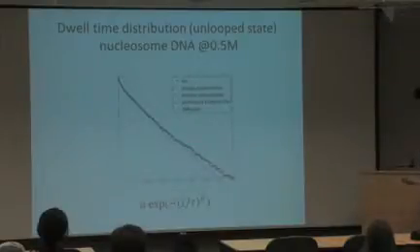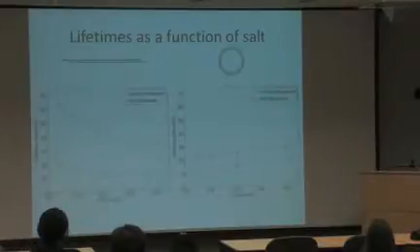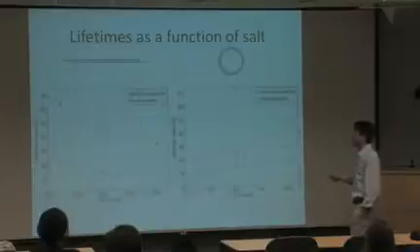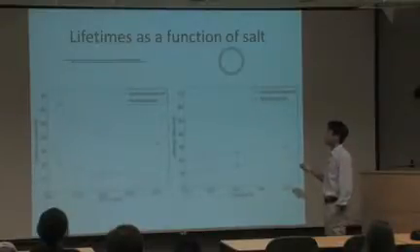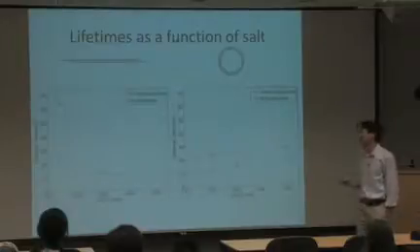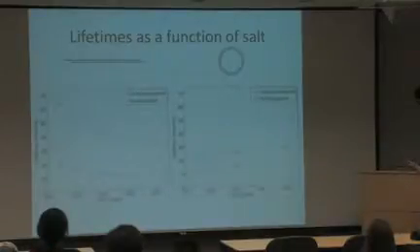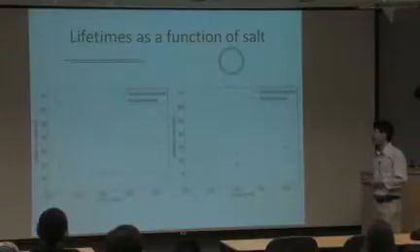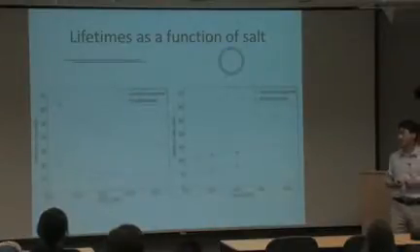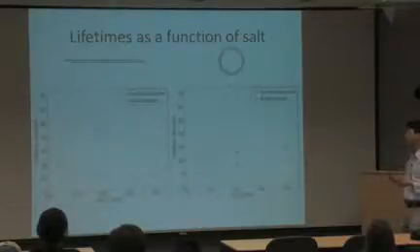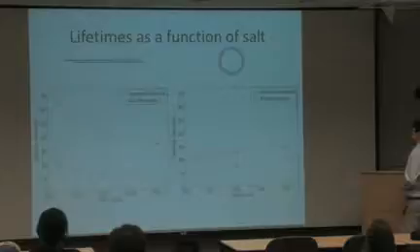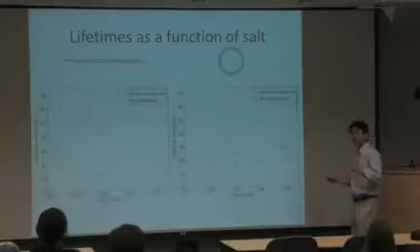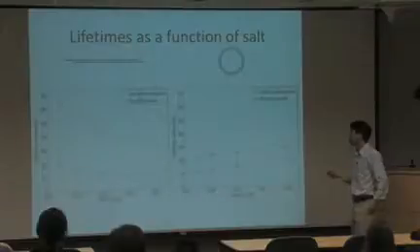So what's important is that we can extract the mean dwell time spent in each state, and those are called lifetimes. So what's plotted here is the lifetime of the DNA molecule in the unlooped state, and this plot is the lifetime of the DNA molecule in the looped state. As you can see, the lifetimes of antinucleosome DNA and nucleosome DNA are different in those two states, so this is a good sign because now we can use this kinetics measurement to say something about the differences between these two DNA molecules. So I'm going to come back to these figures later on during the talk, but for now,